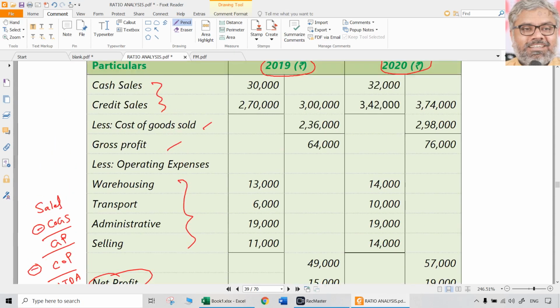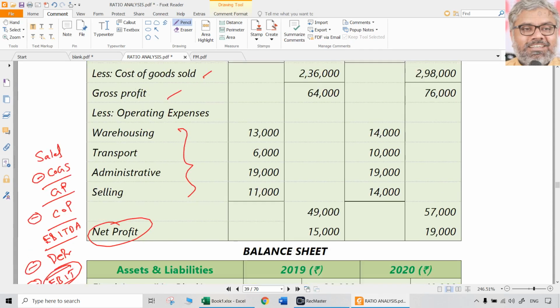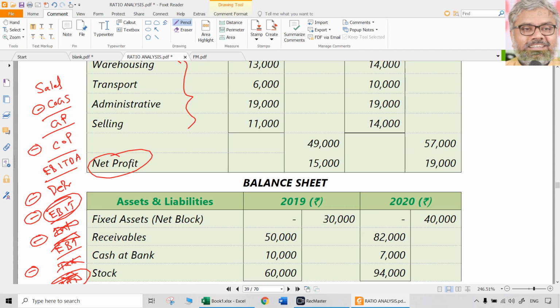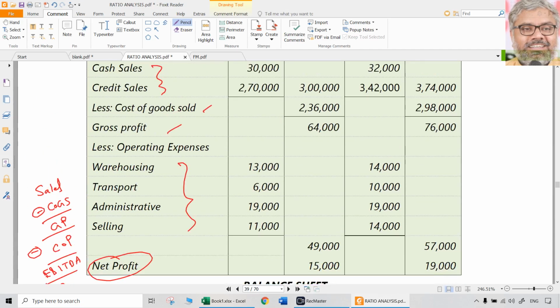What we can do? Maybe it is already included in the cost of goods sold. We don't know any of those things. We don't need to know that also. Or maybe it is already included in the other type of operating expenses also, on the basis of the assets' purpose for which they are used. If at all, let us say, for example, vans or bikes, motor vehicles used for the purpose of selling. Depreciation on them can be considered as selling expenses. Maybe it was already included in that.